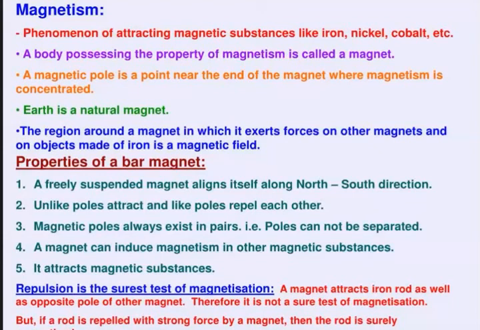If you bring a positively charged body near another body which is to be tested as to whether it is charged or not, and there is repulsion between the charged body and the body being tested, then we must understand that there is electric charge over that body. So repulsion is the surest test of electric charge over a body. In the same way here, repulsion is the surest test of magnetization,